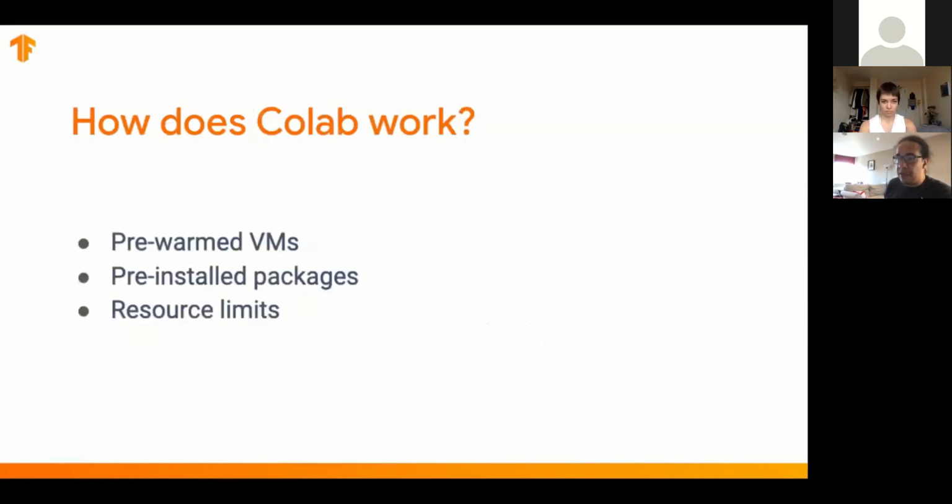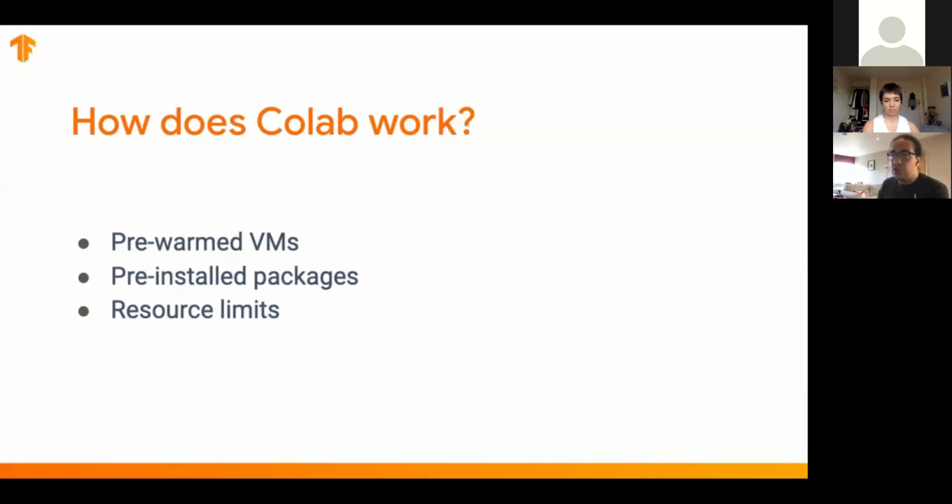It's open. So what do you get when you play with Colab? We have pre-warmed VMs, with GPU sometimes. It comes with a lot of pre-installed packages, for example TensorFlow, which is always there. But it has some resource limits, of course, given that you can play with all of that for free. The machines will be reclaimed if you are not using them after a couple of hours. If you are using them, there is also a limit. I don't remember exactly the number, maybe 12 hours. But the goal is for you to play around with it for learning something, for trying something new.